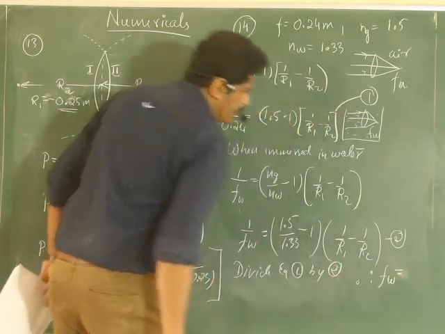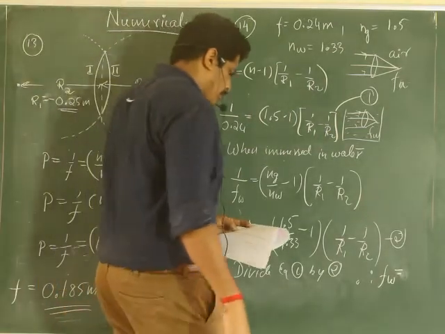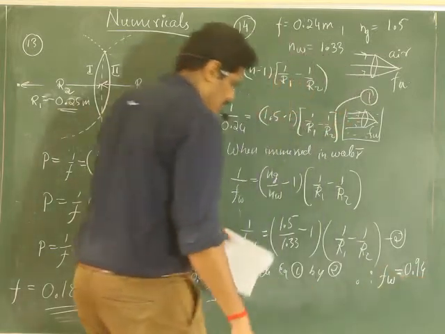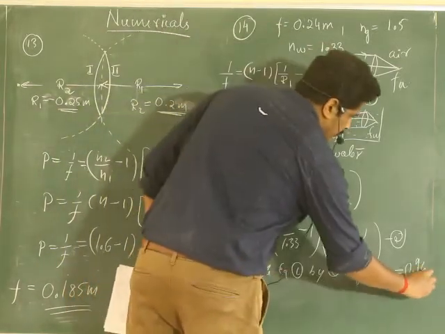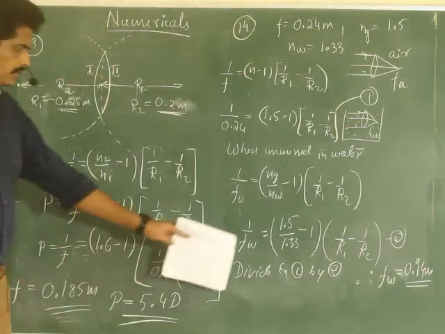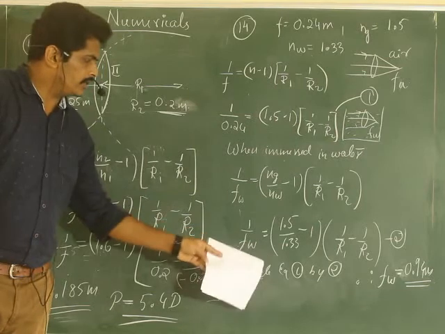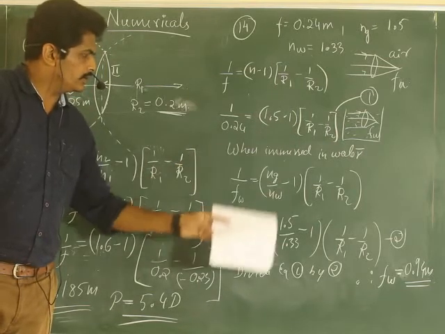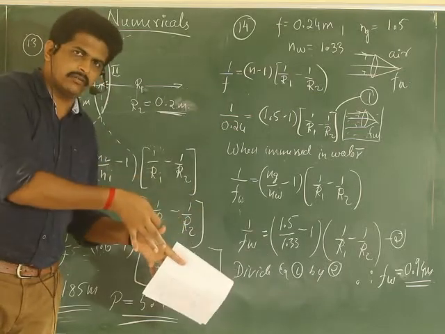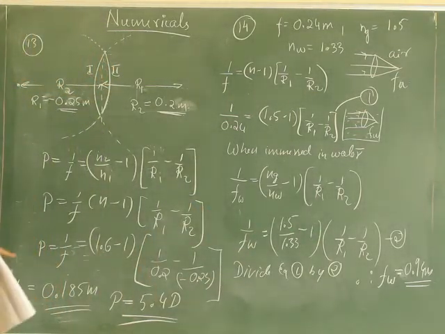Focal length will be, I'll directly write down. You do the calculation. 0.94 meter. Okay, I think it is visible for you. After substitute, this cancels, right? And its ratio and all, if you take equation 1, equation 2, you get FW. That means focal length inside the water when the lens is immersed. Answer is 0.94 meter.